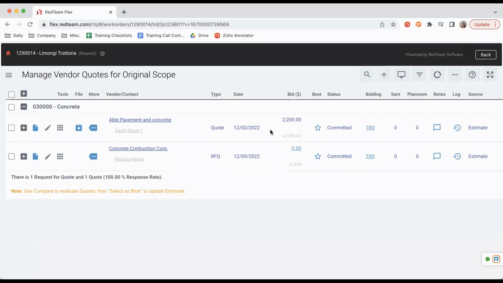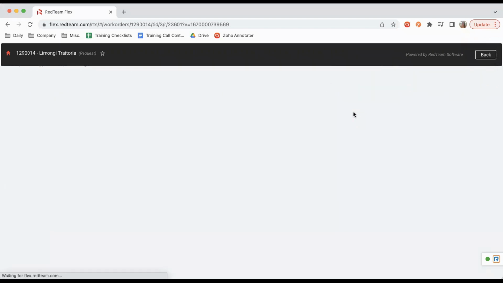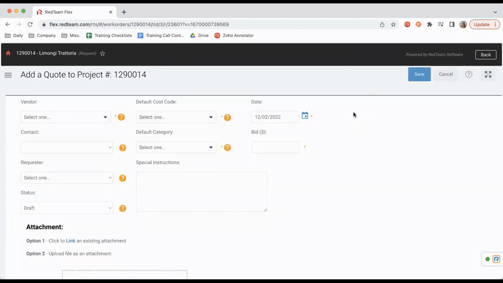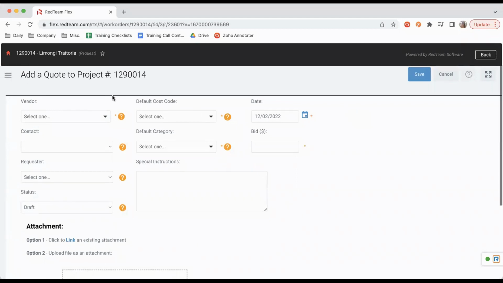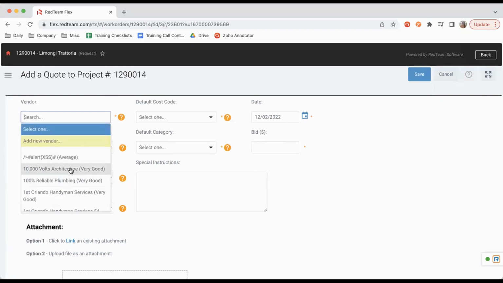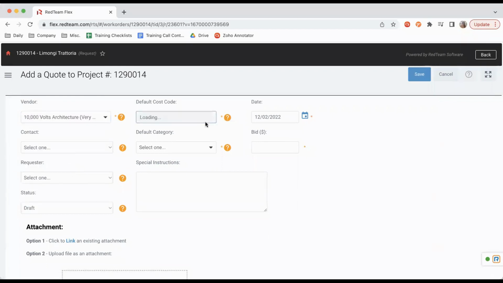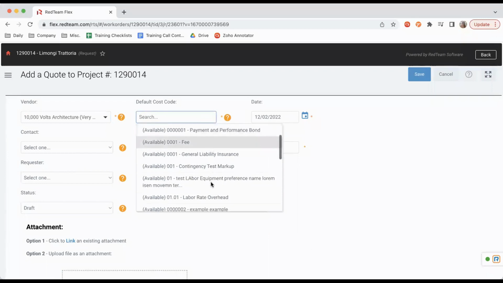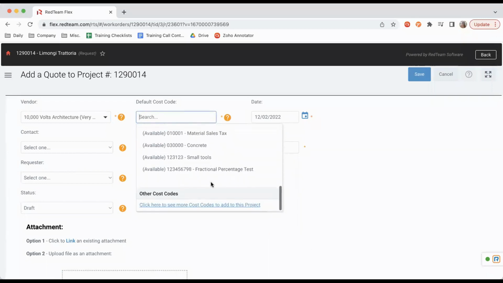Now, if you are doing bidding outside of RedTeam or you are, again, catching up on a project, we do have the option of adding an unsolicited quote. Now, this is going to look very similar to what we just did when we added a quote to our already present RFQ, except we're actually going to fill out the information in this first step. So we're going to select our vendor. We're going to select our cost code. So we're going to find our concrete,